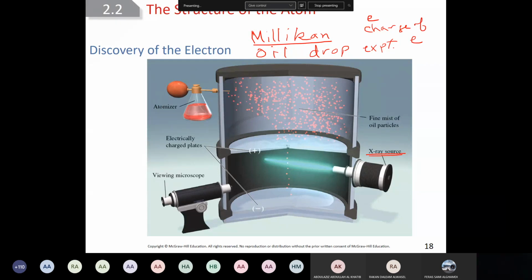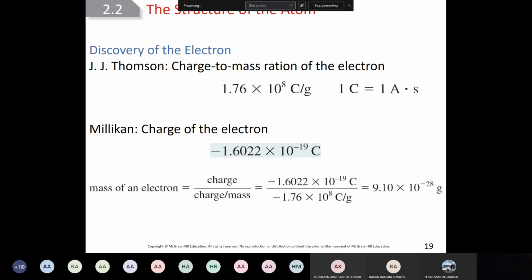Now, what did Thomson discover? You remember Thomson? E over M. E over M. What did Millikan calculate? E. E. So what can you do? Find M. Find M. And this is the mass of the electron. So these two scientists together found the mass of the electron and found the charge of the electron. Then a third scientist,